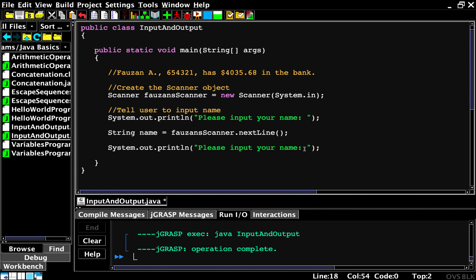And instead of saying please input your name, it will say please input your bank ID. Now we want to store the bank ID in an integer, because normally that ID doesn't have any decimal points. So integer bank ID is equal to access the scanner,